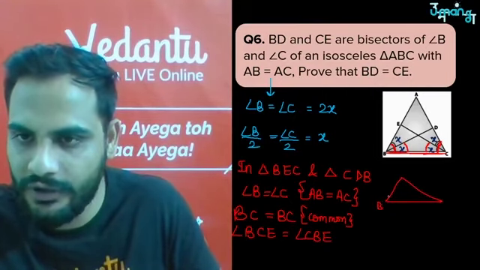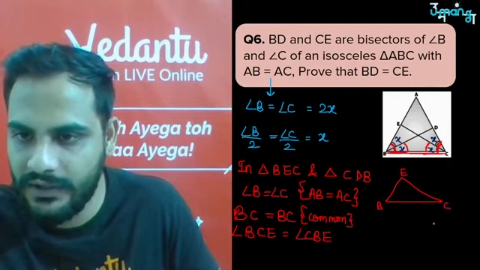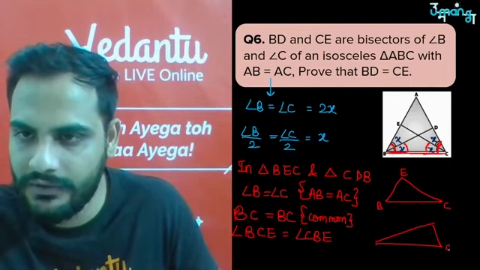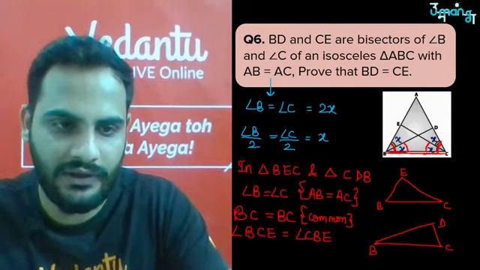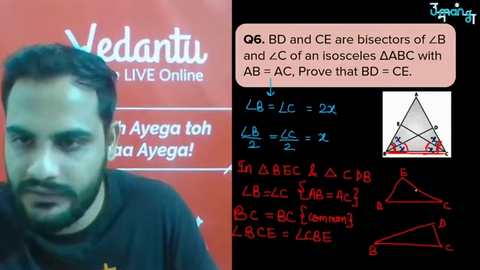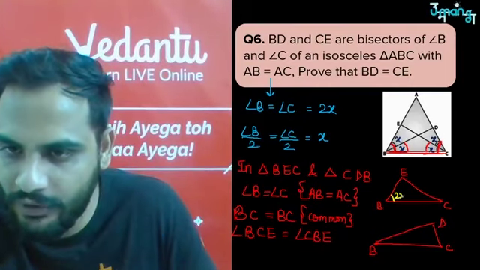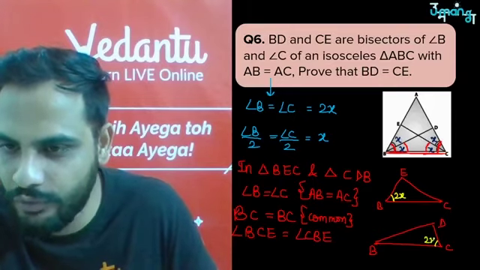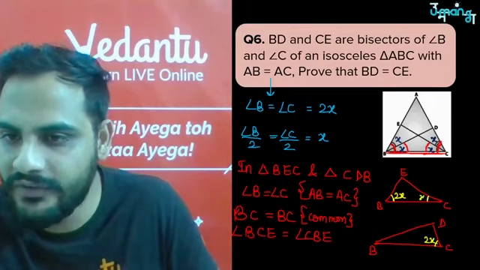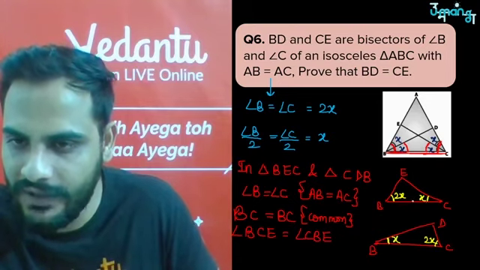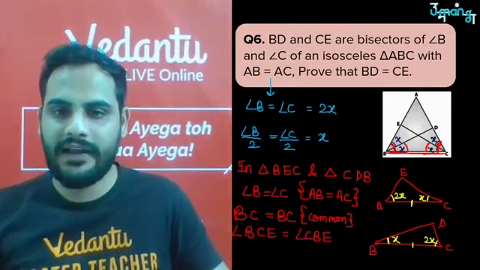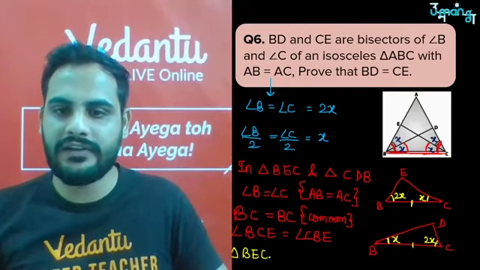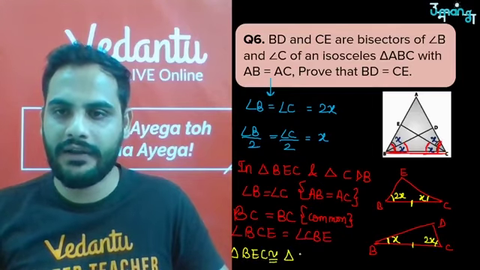If you're not able to understand it, let me draw both the triangles separately. Okay, one is your BEC and the other one is your CDB. Okay, what I am saying, beta, listen carefully: complete angle B was 2x, here complete angle C was 2x. This half angle C was equal to x, this half angle B was equal to x, and BC is equal to BC. So by this, I can say triangle BEC is congruent to triangle CDB,